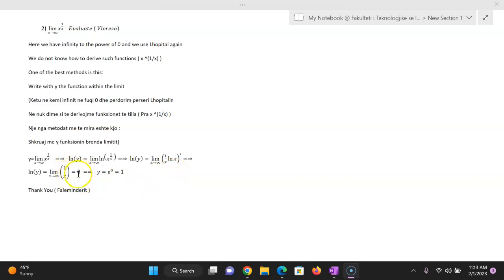And that is equal to 0, because if you put the value of x equal to infinity here, we end up with a constant over infinity, and that is equal to 0. So you have the natural log of y is equal to 0, and y is equal to e to the 0 power, and each number that is raised to the 0 power